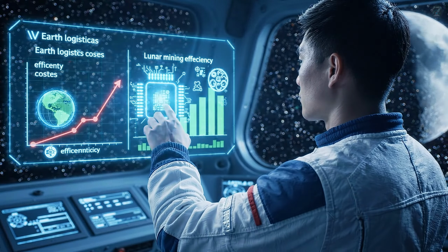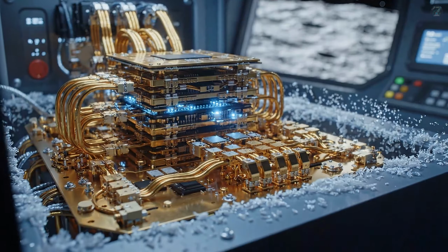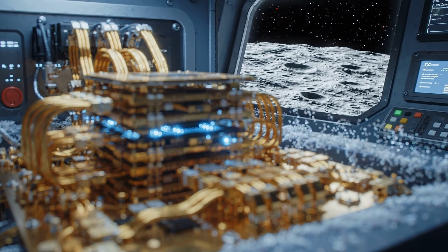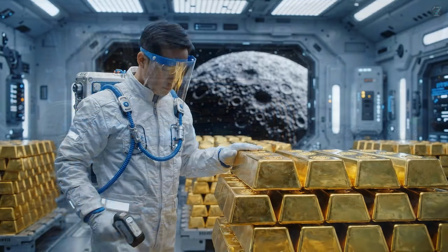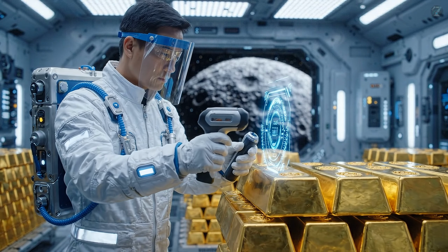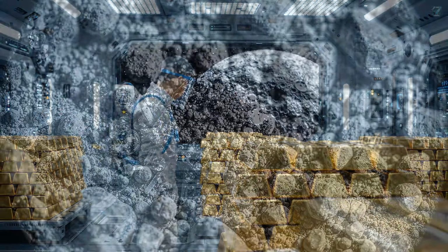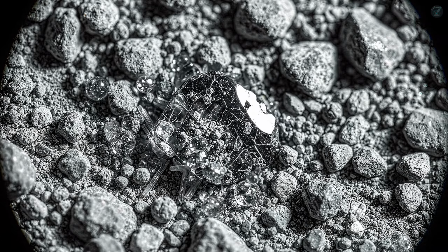The cost of lifting heavy metals from Earth is astronomical. To build the infrastructure of tomorrow, we must find our resources directly in the lunar soil. Gold is the nervous system of modern electronics. Its conductivity and resistance to corrosion make it indispensable for high-performance quantum computing and satellite arrays. By sourcing gold on the moon, we eliminate the need for expensive rocket launches, creating a self-sustaining cycle for the